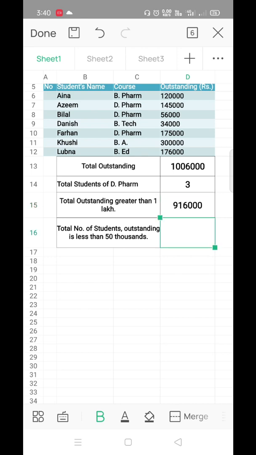And this is the last question. Here it is asking for the total number of students whose outstanding is less than 50,000.